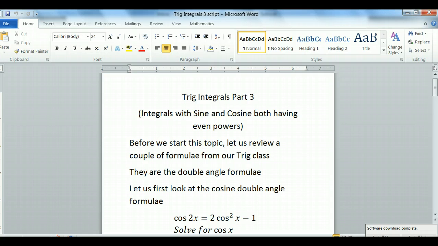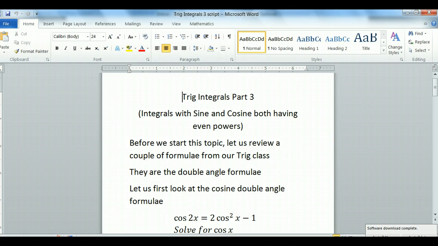Now the other type that we did was when we have a secant tangent integral with the secant having an even power. The attack was to remove one secant squared from that even power and reserve it at the end with the dx, and then convert the remaining secant even power into tangent by using the Pythagorean, and then put u equals tangent x. That was the second type,